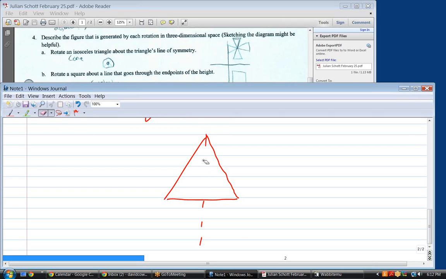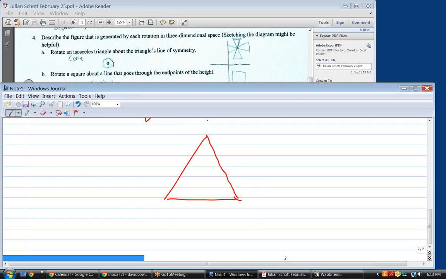If I were to draw the line of symmetry this way, well, clearly that is not symmetrical on both sides of that line. So there's a bunch of lines of symmetry on a triangle. One is the vertical one. That's also another one. And that's a third one. Alright, so we just need one, because when you rotate this thing about any of those three, you